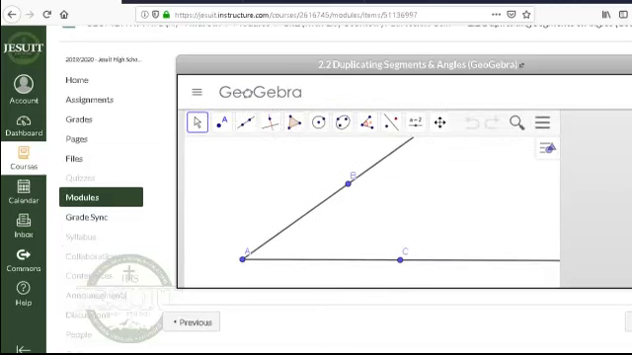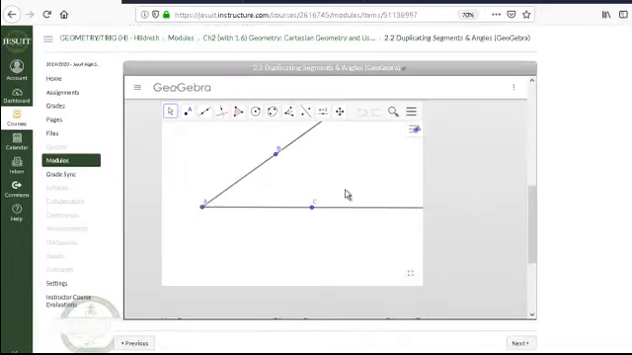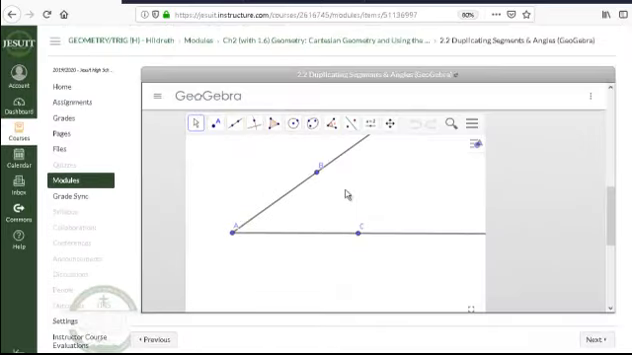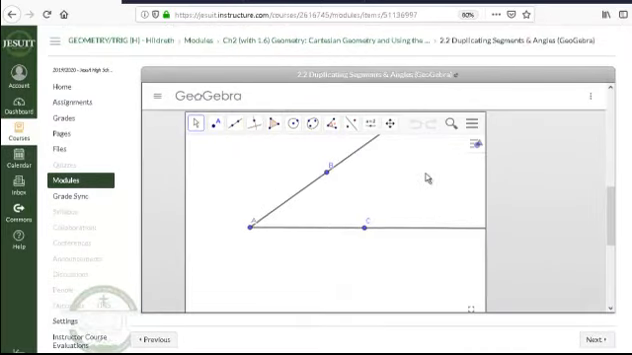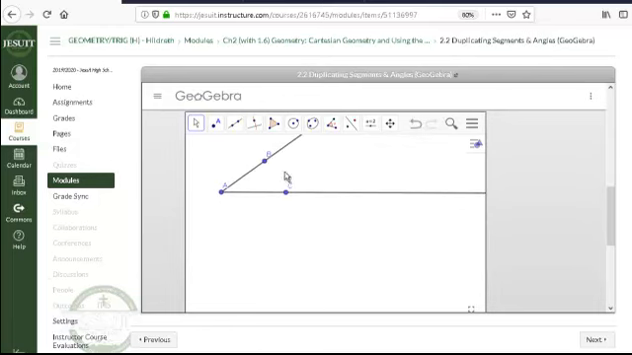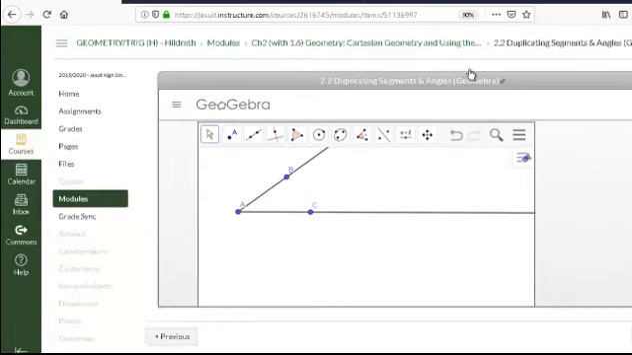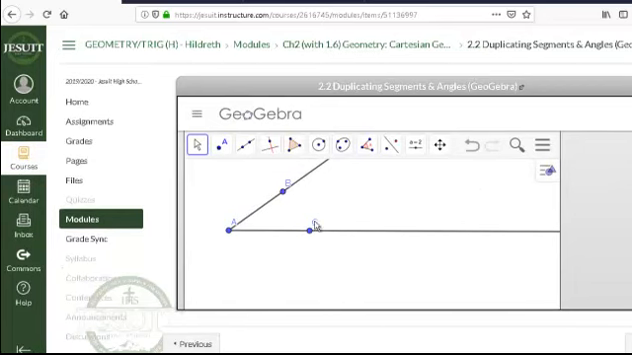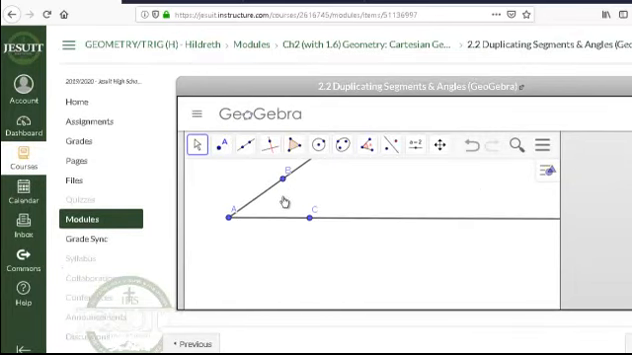Duplicate this angle BAC. When you duplicate an angle, I'm going to make this a little bit smaller. I'll pinch this to zoom out a little. All right, so if I want to duplicate this angle, the first thing I need to do is start with